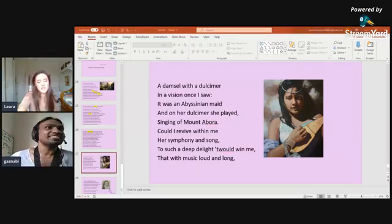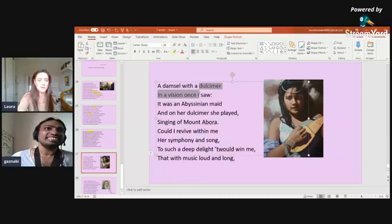Beautiful. As you can probably tell, this is half a stanza here because I couldn't fit it on the page. But he was quite right. A damsel with a dulcimer, that's a little guitar. In a vision once I saw, it was an Abyssinian maid, and on her dulcimer she played,